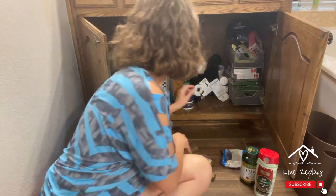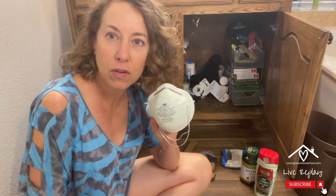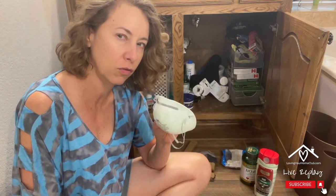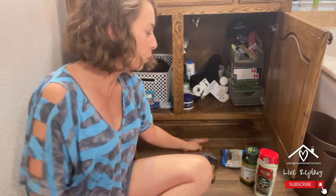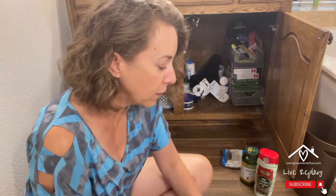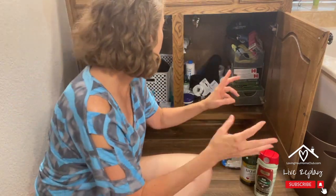So let's see, what else? I'm not sure. We're gonna say this goes to the garage. This is not even a COVID anything. This is just for, like, we'll say construction. So this doesn't go here. But again, I'm not sorting anything yet. So sort, like it's the keep or the relocate pile. So once I've got things in their piles, like the trash, the relocate, the donate,